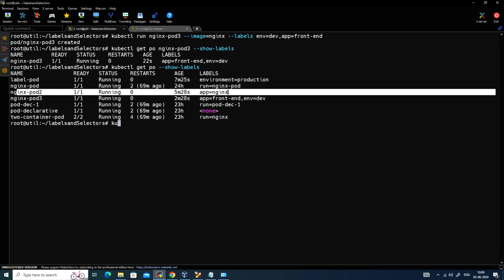So let me run kubectl label pod nginx-pod-2, and here env equal